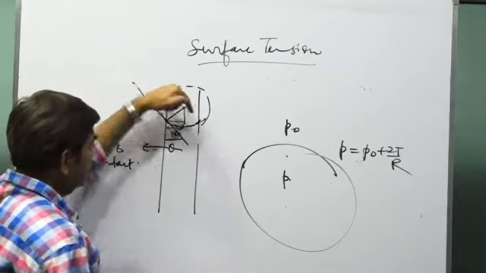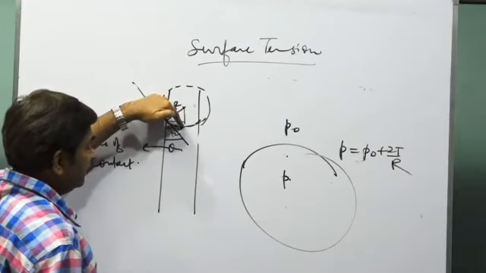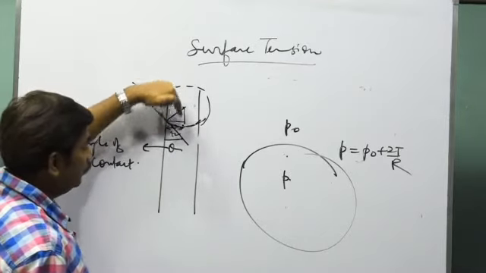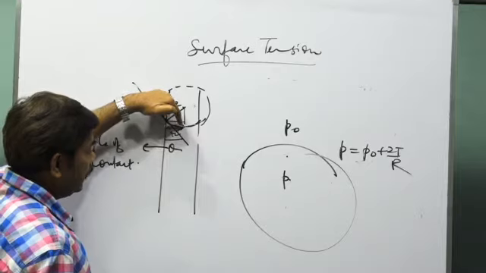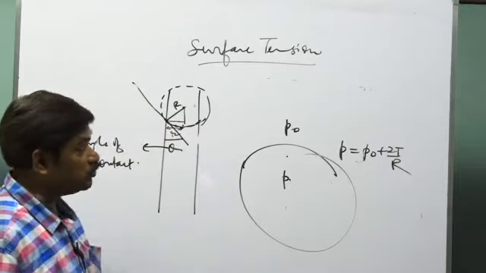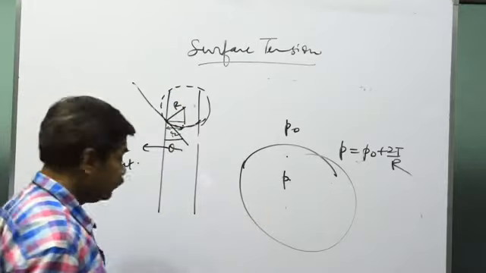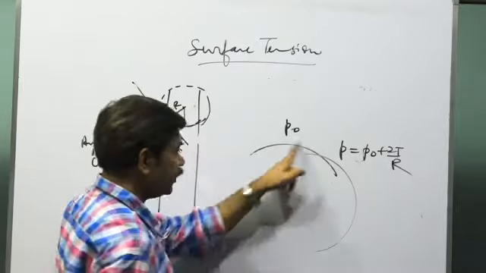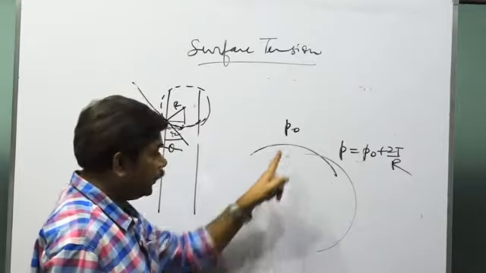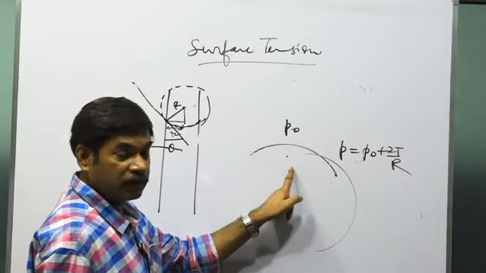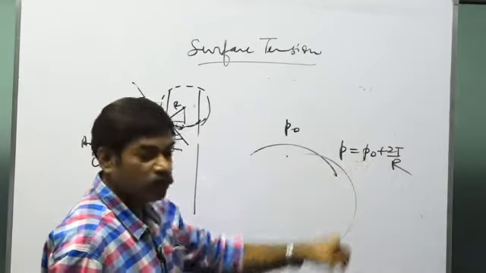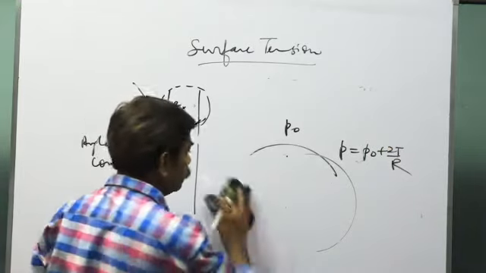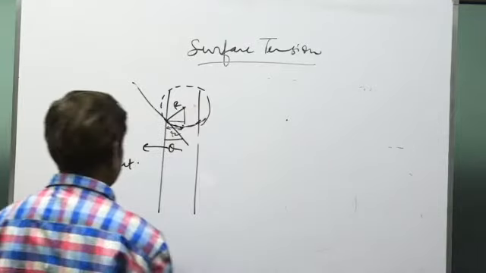So at this point, the pressure will be in excess in the concave side. But this is open to the atmosphere. And the pressure in the convex side will be smaller by 2T by R. So look at this. I make once again a clear figure. Through this figure, I told you that pressure is in excess in the concave side by 2T by R, where R is the radius of curvature of the liquid surface when it's a spherical surface.